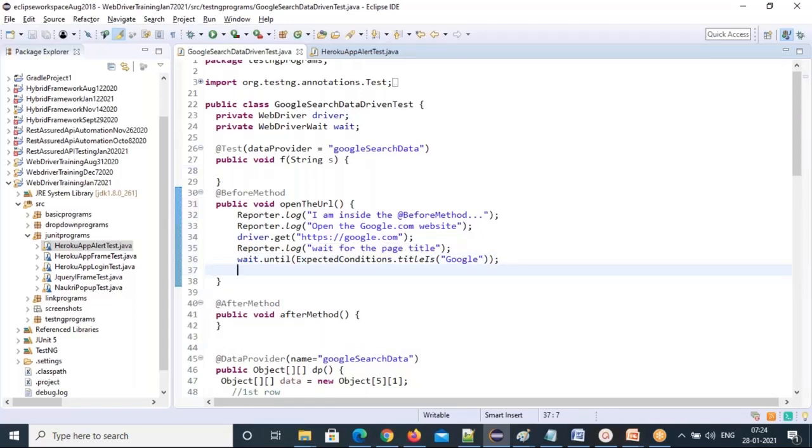Then assertions. We can use assertions also. And there are two types of assertions in TestNG: hard assertions and soft assertions. I'll explain soft assertions later. As of now, use hard assertions. The difference is, when a hard assertion line fails, the remaining entire test code will be skipped automatically. It will terminate the program execution.